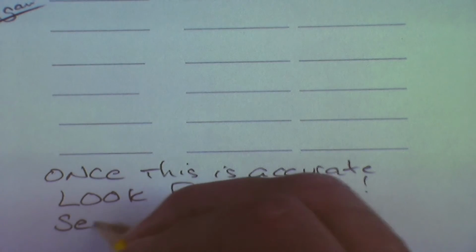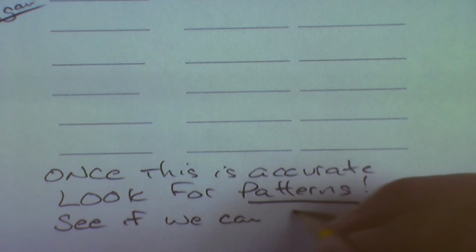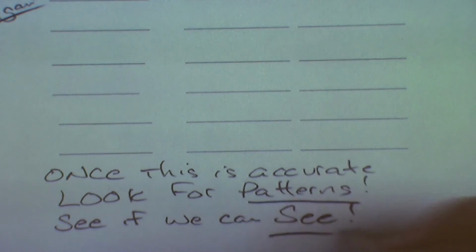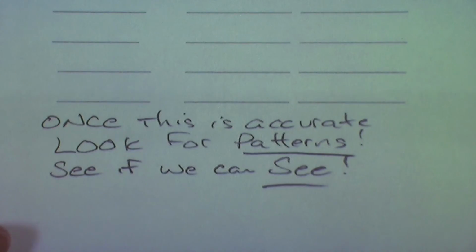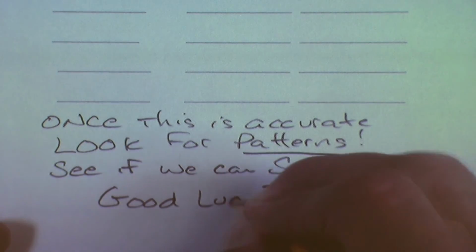is to get yourself a color code, like a red highlighter or blue highlighter, and color code some numbers so you can see if you can see it. So I would color code disk 1 whenever it moves and see if it goes well for